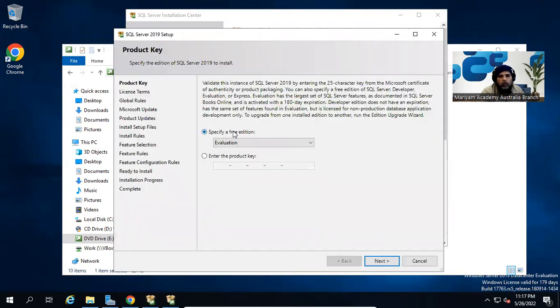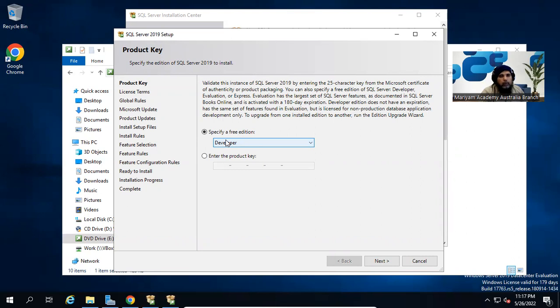All right, so as you can see, I'm using the free edition, and it's only for evaluation purposes. Even here, you can see I can use the developer edition, and like I mentioned before, the developer edition has all the features, but these features are available just for experimental and non-business development purposes. You cannot use that installation to produce any business-oriented work,